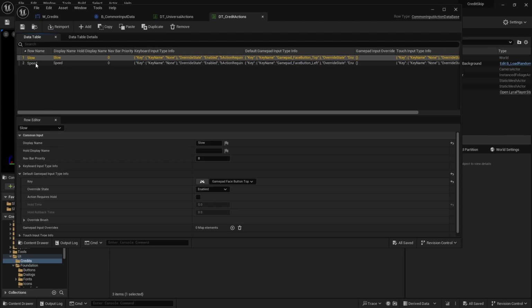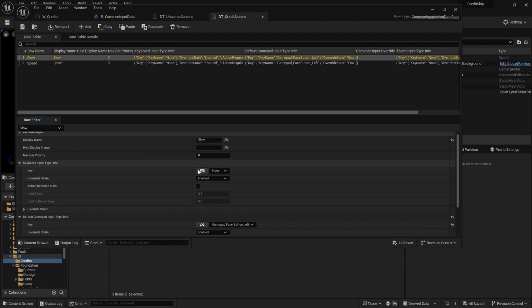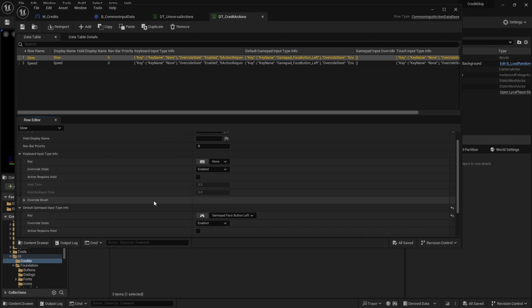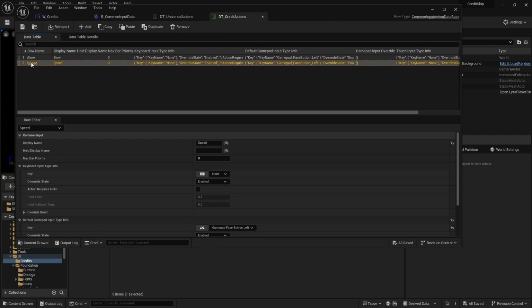Okay. And our slowdown, I think I like the key X. Yeah, I'm just gonna click the X button on my gamepad, and that looks good. The keyboard doesn't need any key. You could technically put a key if you want, but it won't even show the key brush because that's not set up. And also you can just click on the button.